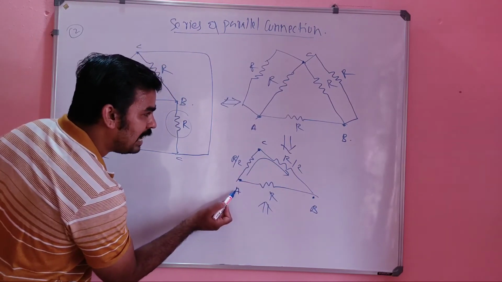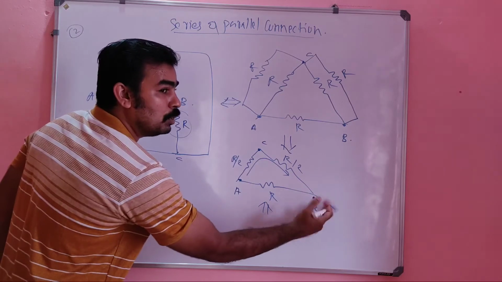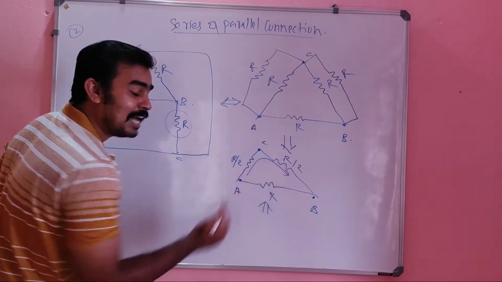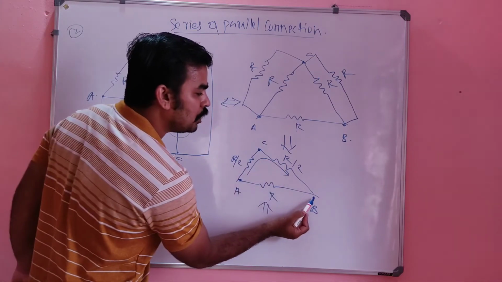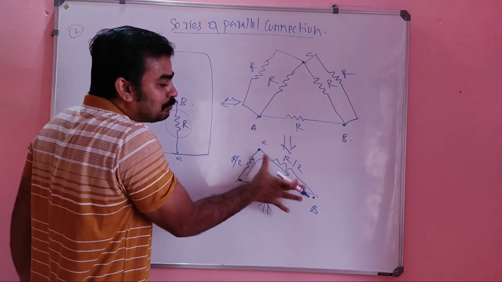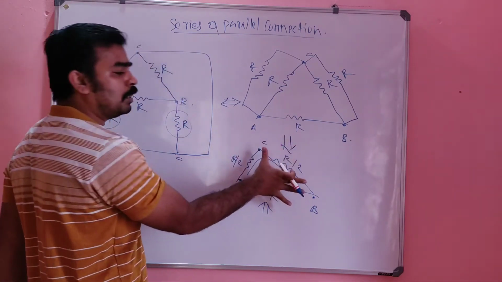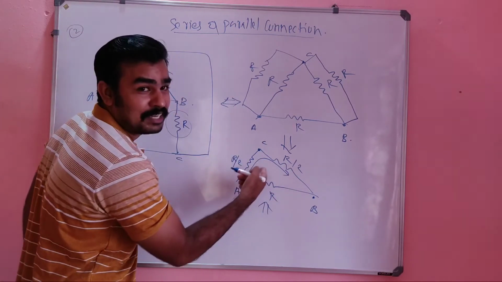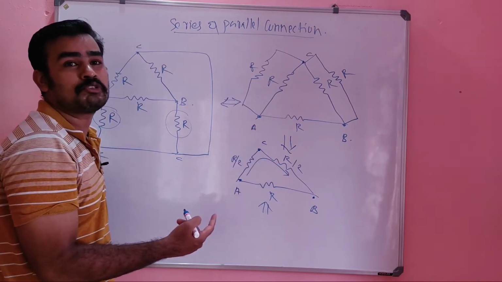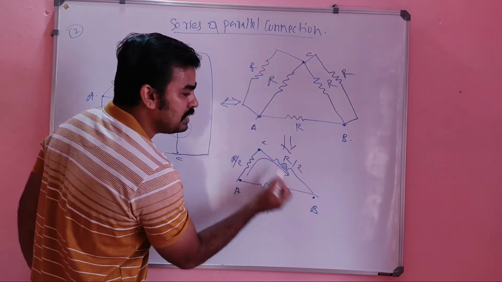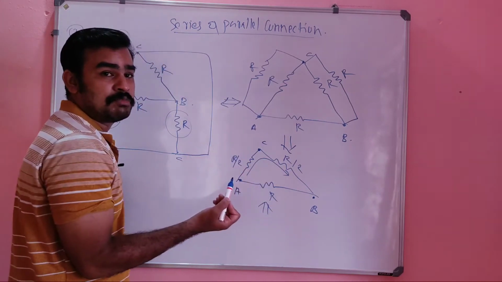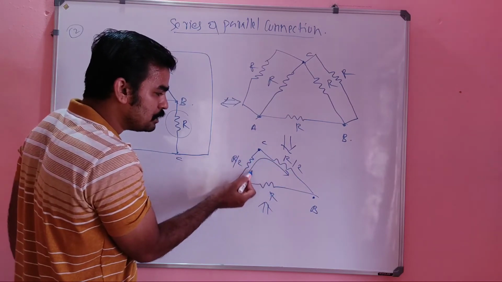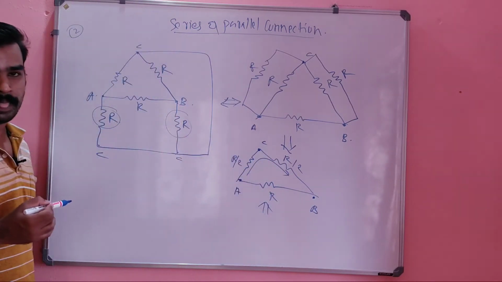Suppose we have to find the value between A and C. What happened? We can alter the point B. We can fix this point A and C, and these two will be in series. These R and R by 2 in series. Suppose we have to find the value of B and C. We don't want to change this point B and C. We have to fix this point B and C and see the other side of the circuit, I mean the remaining portion of the circuit, and we have to reduce that remaining portion. So suppose we want to find the effective resistance between B and C, this R by 2 keep there as it is, and we have to reduce the other side. This is the trick. Clear?